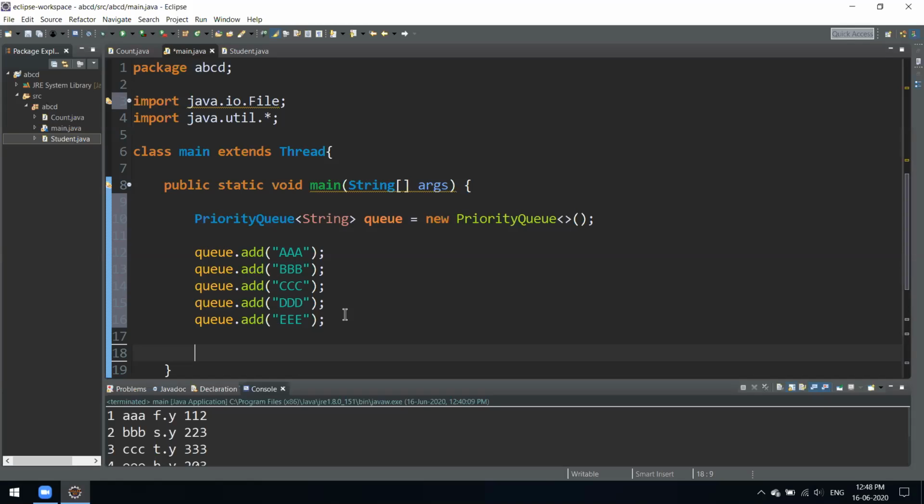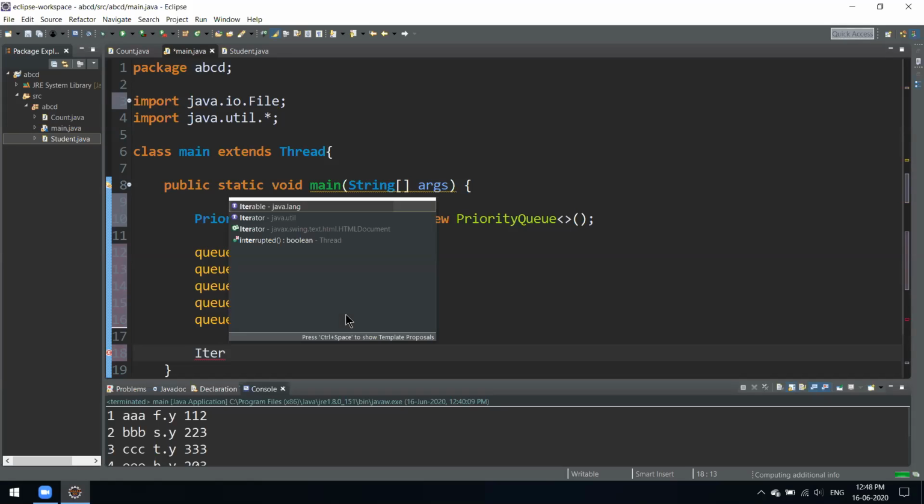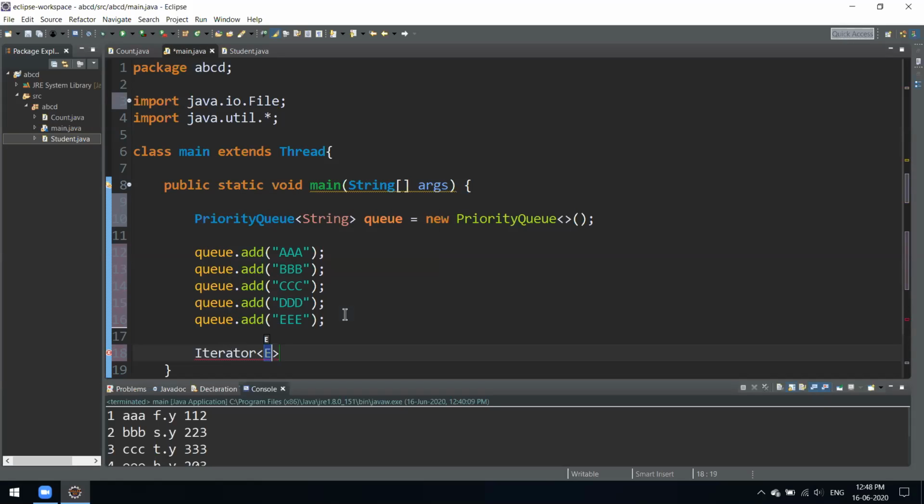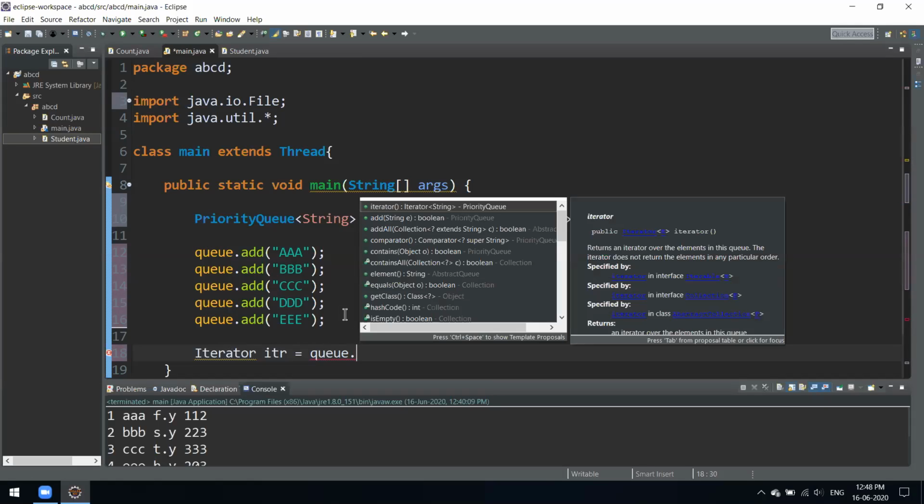First, let's just try iterating over it and see. Iterator, what do we have? If we don't specify, that would still be fine.